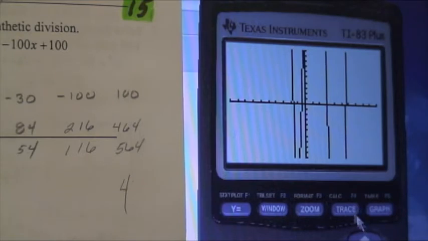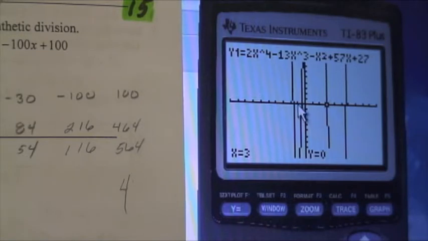1, 2, 3, trace. On the 3rd tick mark, I'm going to test the 3. Yep, it's a 0. Looks like there's something between 0 and -1. The only possible choice it could be is 1/2, so I would try -1 divided by 2,